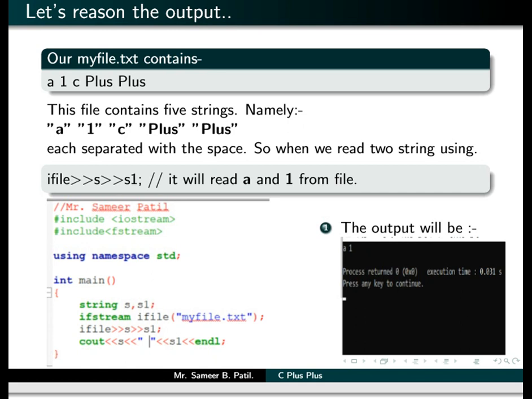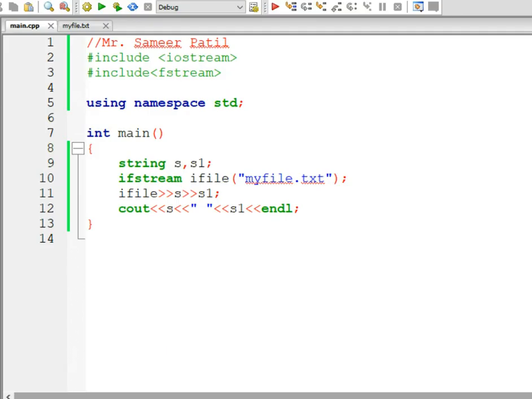So let's try this program in Code::Blocks and understand this in a better way. Here is our program, which contains an object of class ifstream called ifile. We are opening myfile.txt. The object is reading 2 strings from the file, and we are displaying the same 2 strings on the screen.